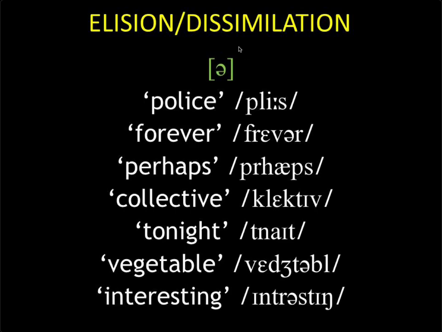Schwas might also be deleted, making words with three or more syllables lose one of the syllables. Police. Here there is a schwa, right here between the p and the l. In rapid connected speech, it might be pronounced as simply "please." The schwa is already very reduced, so you might reduce it completely in some words, like forever instead of forever, perhaps instead of perhaps,